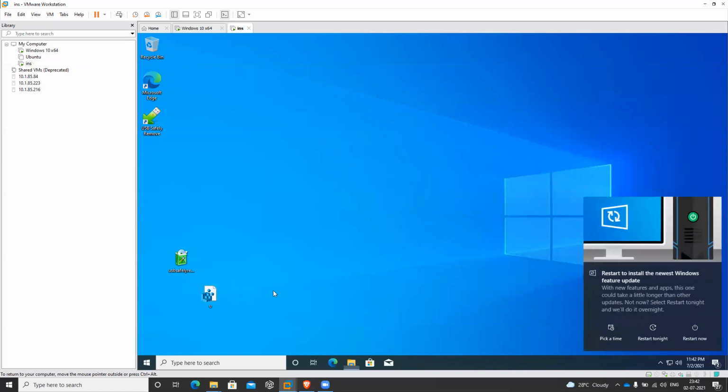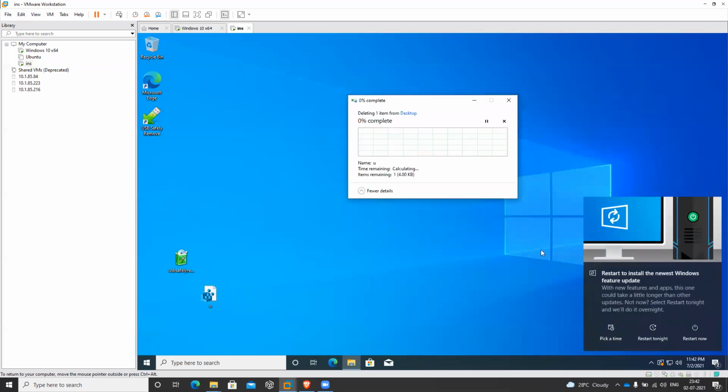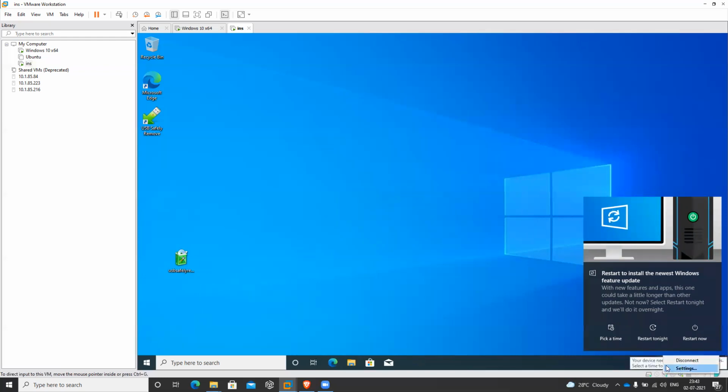So I am deleting this, and disconnecting the network.